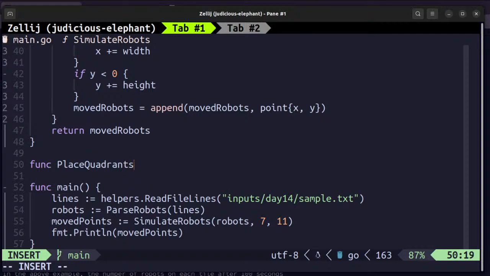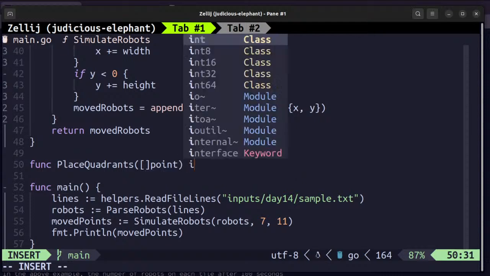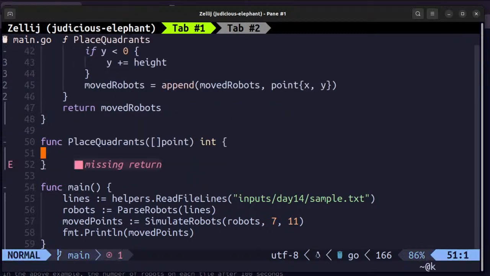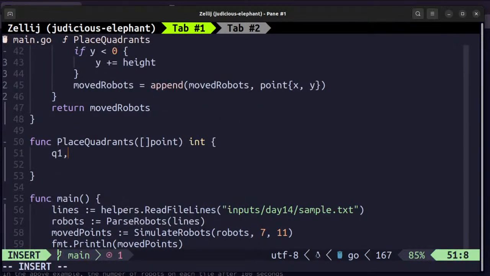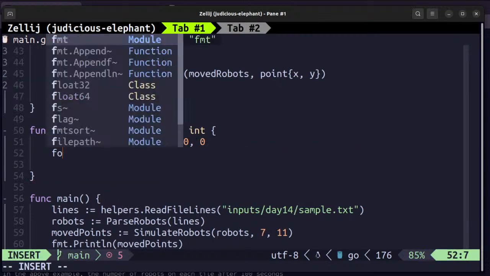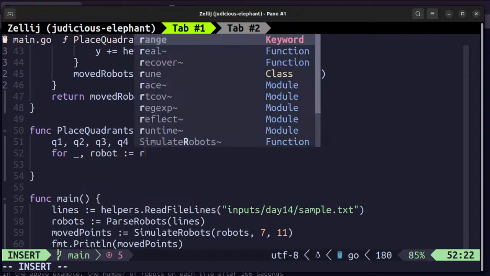So it will be a list of points, and we need an integer as the score of that, and we'll have q1, q2, q3 and q4 as all zeros. So for robot in range,